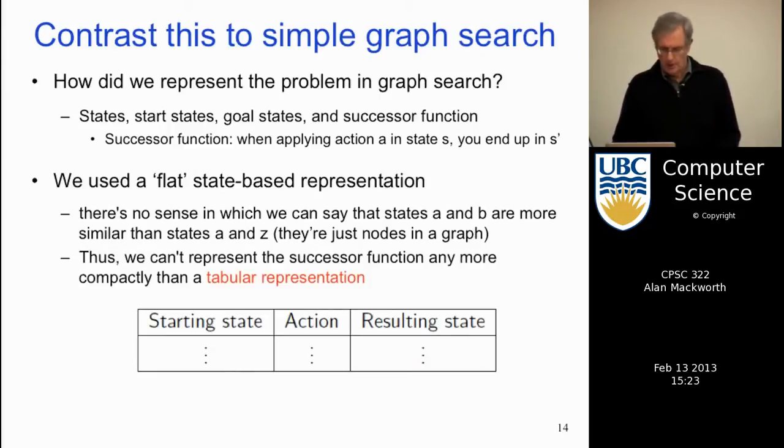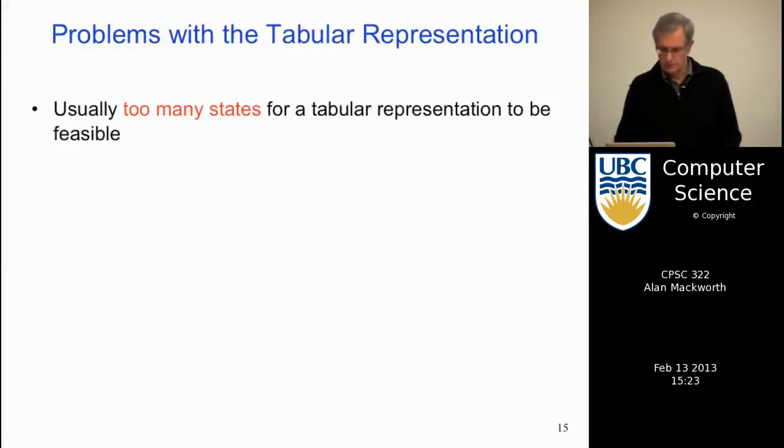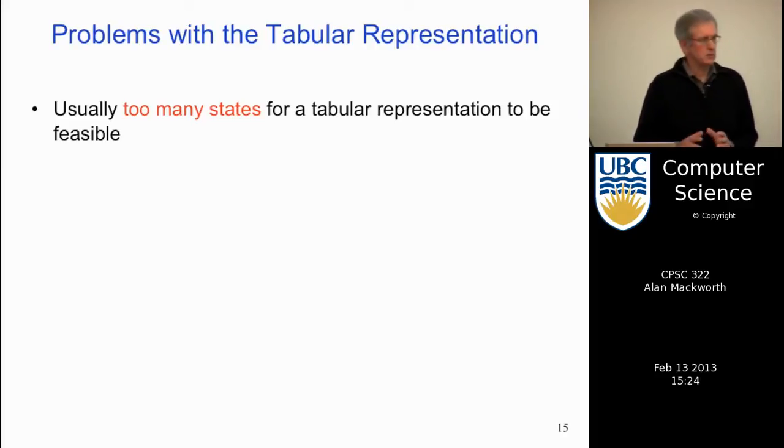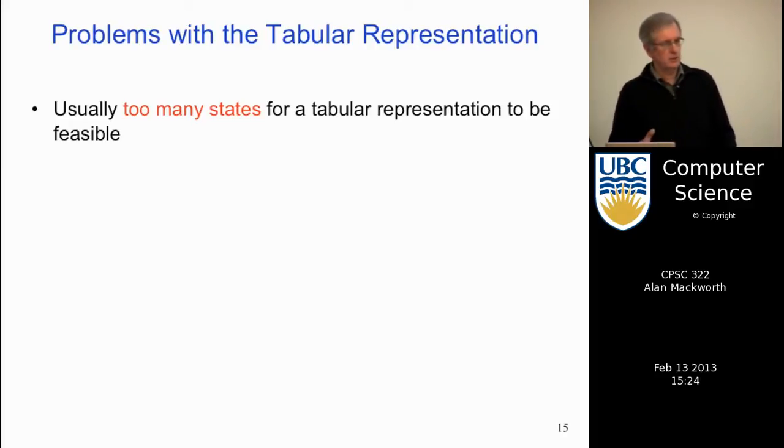And so the only way to represent the successor function is really just as a table, right? For each starting state, through the successor function, you can end up in a resulting state. Okay, it's sort of an explicit tabular representation. And of course, for simple problems, you can get away with that, but as soon as the world gets interesting, the robot is dealing with many different rooms, many different coffee cups, whatever, many different people,